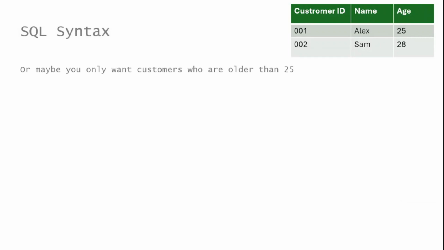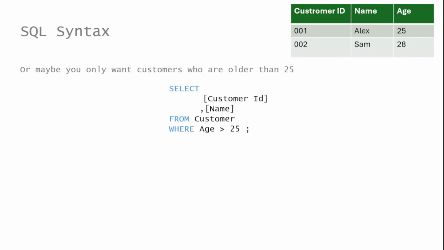Now, let's say you only want to see customers who are older than 25. In that case, we can add something called a where clause to the SQL statement. The where keyword lets us filter the data based on a condition like age, name, city, or anything else in the table. Now, coming back to our question, in order to answer it, our new statement would look like this. SELECT customer_id, name FROM customer WHERE age > 25;